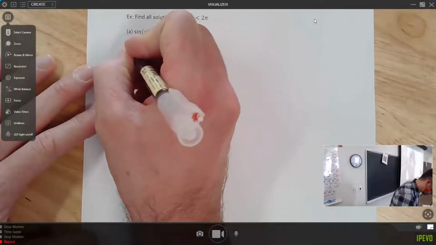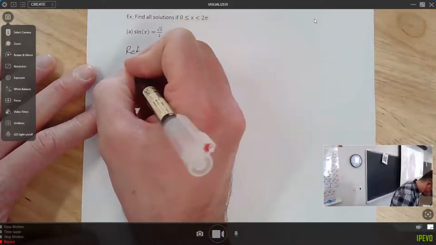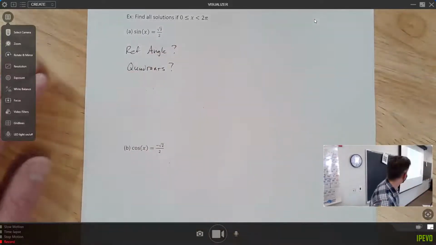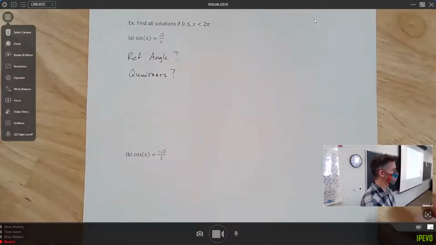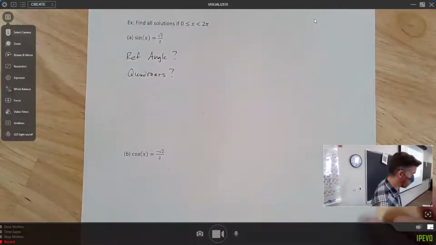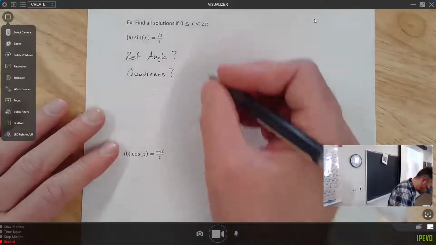What's my reference angle? And what quadrants do I want to be in? So what angle can I take sine of and get root 3 over 2? Yeah, exactly. And that should be more specific. Yeah, in the first quadrant, right? What reference angle? The angle is definitely